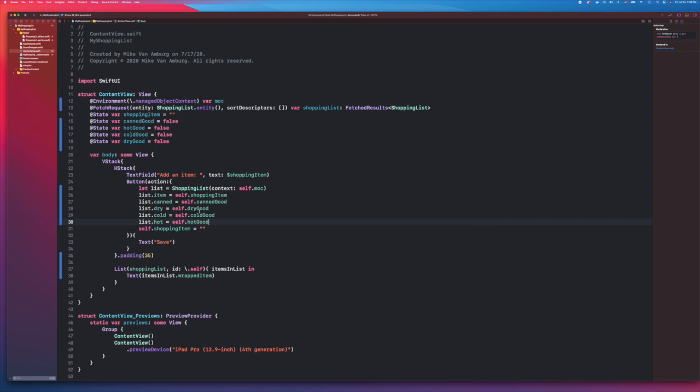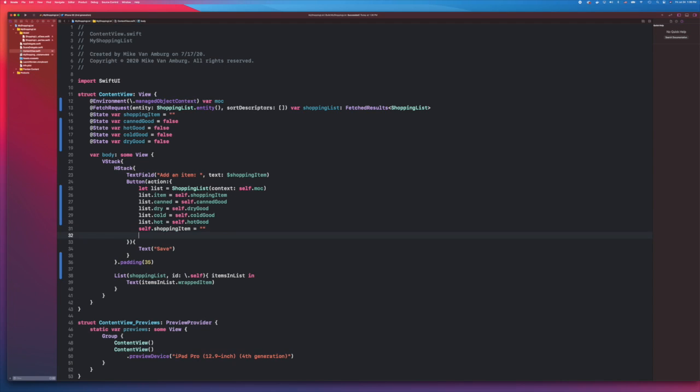So we have cannedGood, dryGood, coldGood, hotGood, shoppingList, and immediately we have to